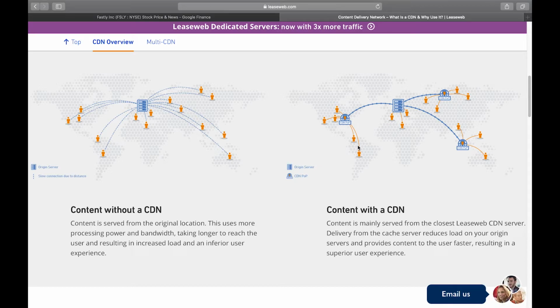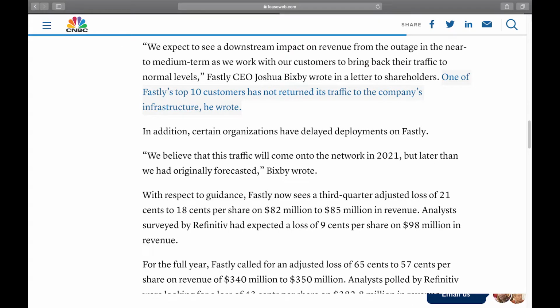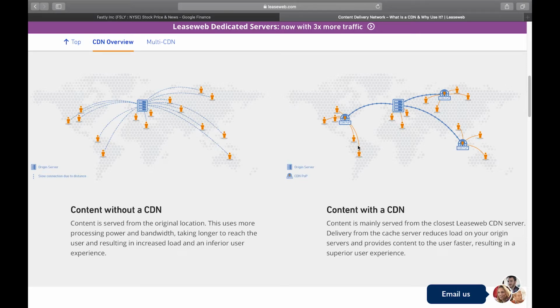So there are two ways to view this. One is the bull case where you could say that a lot of the internet, like Amazon, seems to rely on companies like Fastly to serve their customers. However, you could also say, as a CNBC article says, that Fastly blew it and has lost customers because of this outage. Again, fact of the matter is, it is up to you to decide which camp you're in, but both of these sides have their facts. Another fact is that this outage has definitely impacted Fastly's revenues. So with all that said, let's head on over to Fastly's earnings report to talk a little bit about how